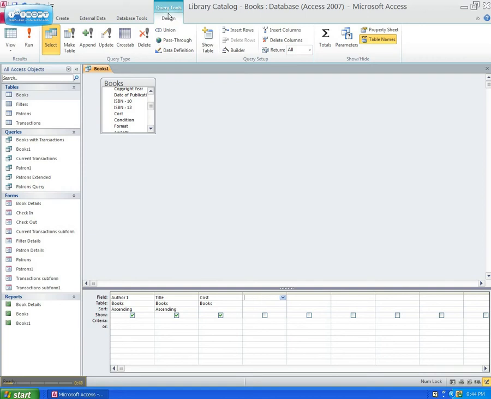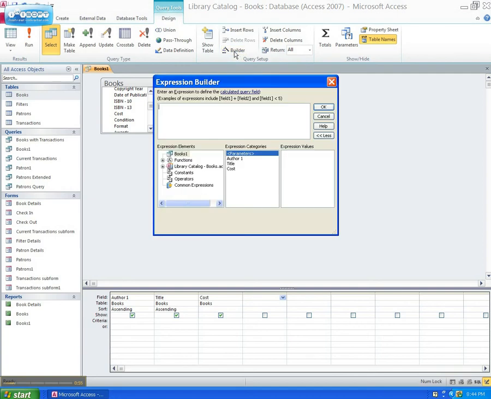Then make sure you're on the query tools, you're on the design tab. In the query setup area here, click on the builder. This is where we're going to build our calculated field. You can see I have my query here. I've named it Books 1. If you're doing this yourself, you will need to save your query if you haven't already, in order to have the fields in your query show up here. And what I'm going to do here is I'm just going to double click on cost,